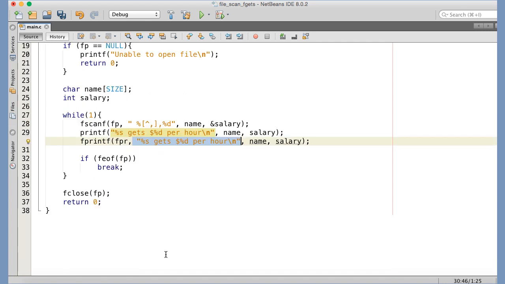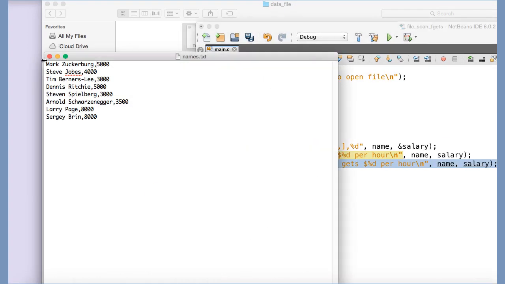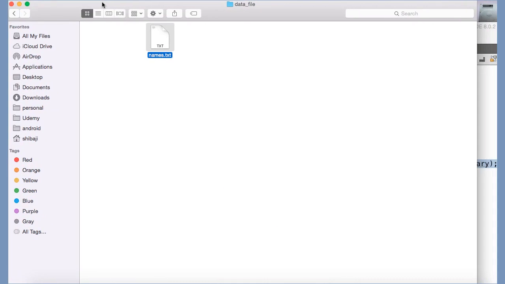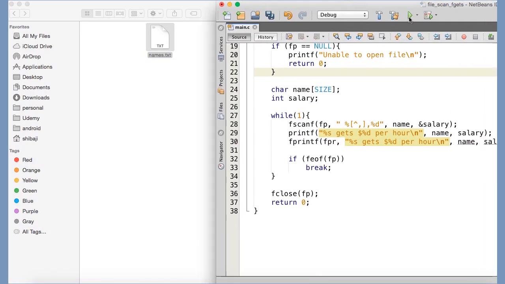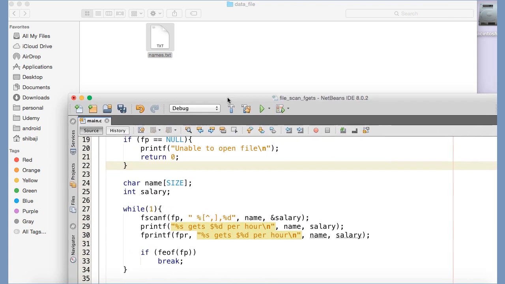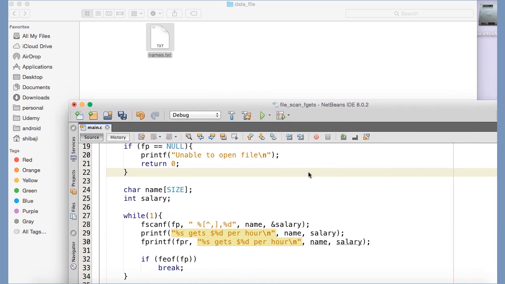Now if I go ahead and run this program, the function fscanf is going to scan from names.txt, and the formatted string is going to be written into the console by this printf, and the same thing is going to be written into the file reports.txt. Now I'm just opening the Finder side by side, and you can see that the file reports.txt is going to be created there